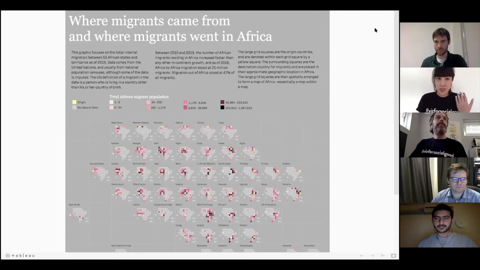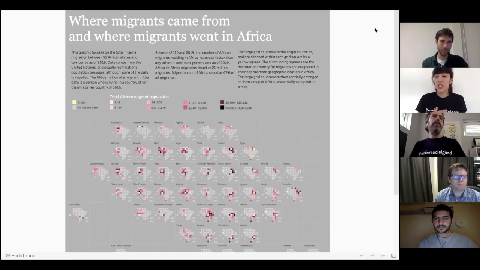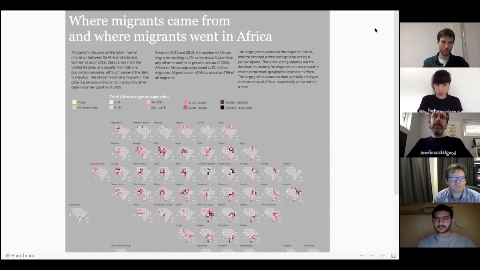Okay, so just to whiz through this, what Rob looked at is where migrants came from, and where they are going to in Africa. For this, he used United Nations data, which is mostly population data with a little bit of imputation, and it looks at 55 states and territories across Africa as of 2019. Just to give you an idea of what the visualization is about,